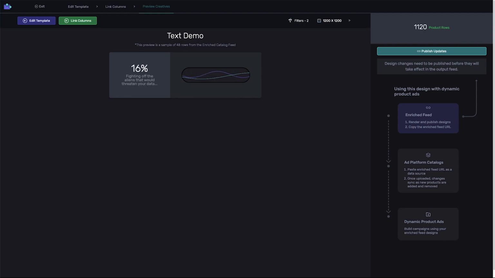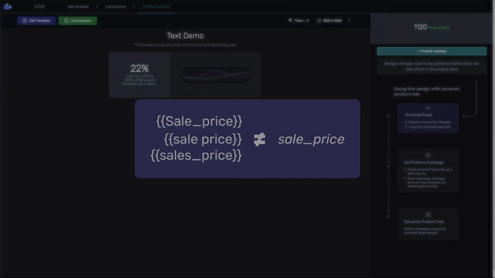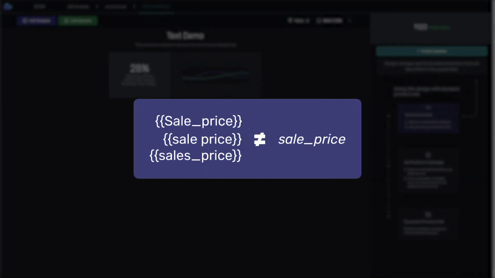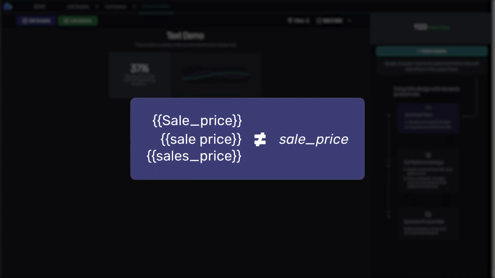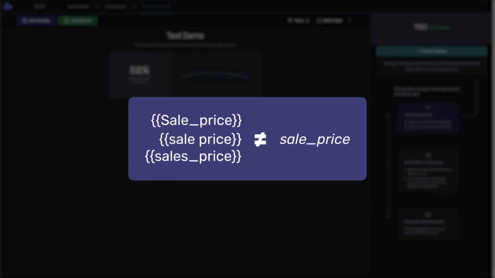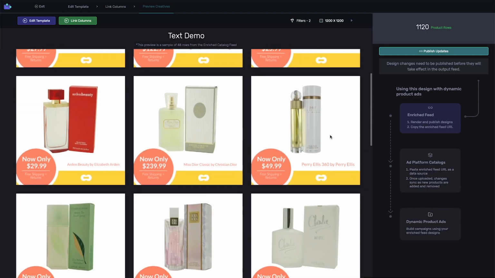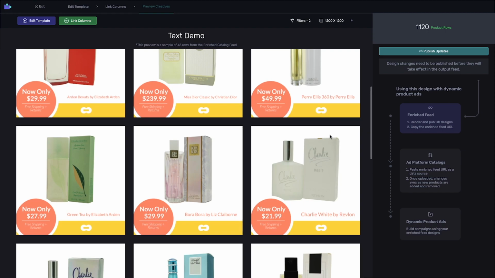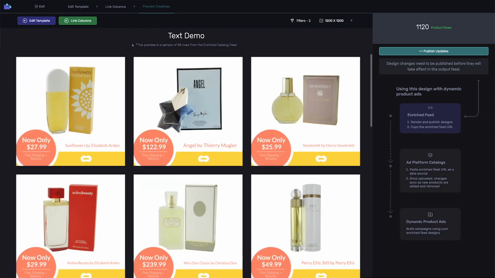One thing to remember, when typing the column you want to link to in a templated text element, within the double curly brackets, spelling, case, and symbols matter. If you type sale price with a capital S and your feed is a lowercase s, it won't work. If you put a space instead of an underscore, it won't work. Our preview is done, and you can see that the $ is there and the price changes. But because the $ and the price are now part of the same text element, they move together, keeping everything